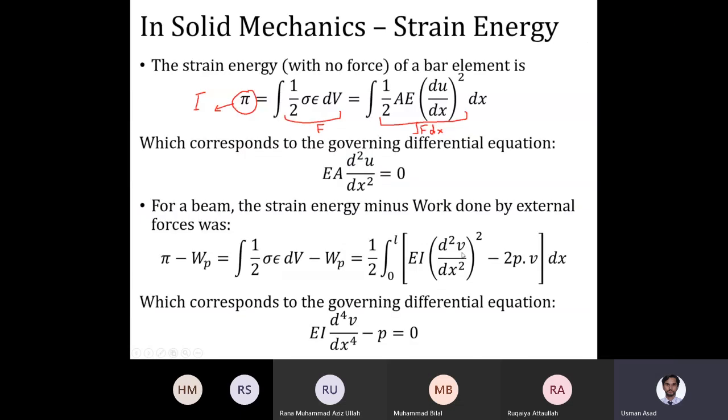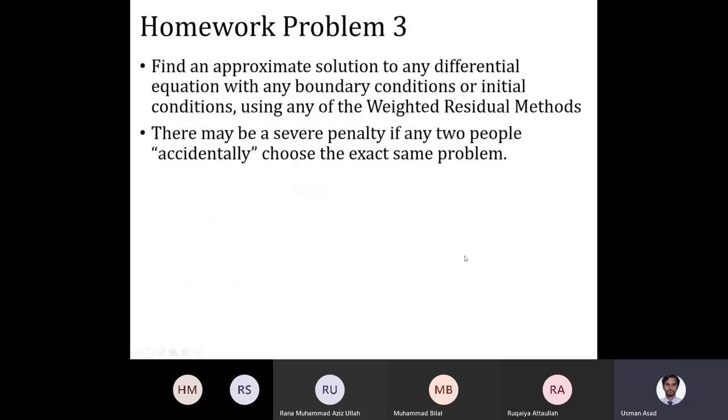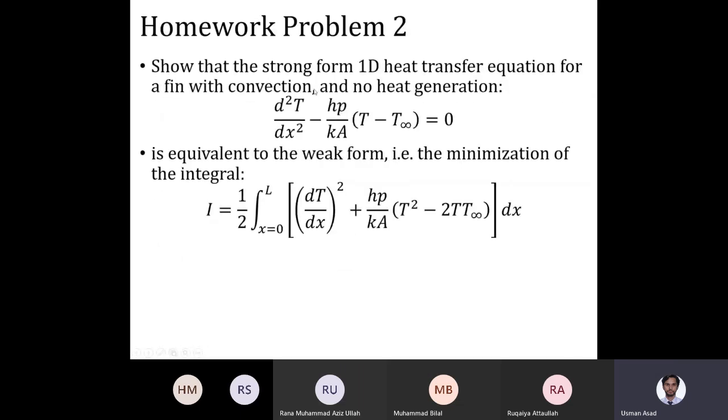So this is useful because, and I'm going to move a lot of slides ahead to one of the homework problems, which is to say कि अगर मेरे पास एक heat transfer की equation है, so heat transfer equation for a 1D heat transfer problem, जिस तरह फिन में होता है कि मेरे पास हीट जनरेशन कोई नहीं है, टेम्परेचर की बात कर रहे हैं हम कि टेम्परेचर किस तरह डिस्ट्रीब्यूट हुआ होगा एक मेटल की फिन में कि जहाँ पे कन्वेक्शन भी हो रही हो और कंडक्शन भी हो रही हो, और कन्वेक्शन जो हो रही हो वो कोई आउटसाइड एयर टेम्परेचर टी इन्फिनिटी के साथ हो रही है।